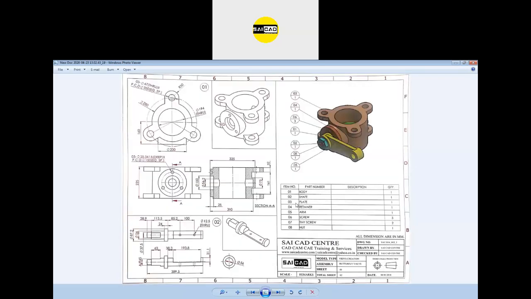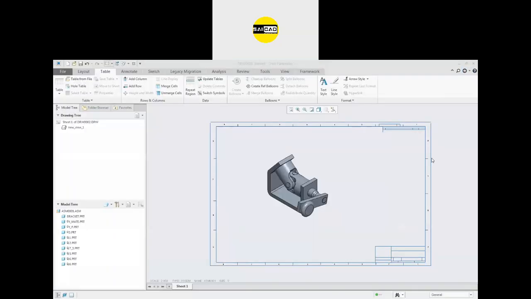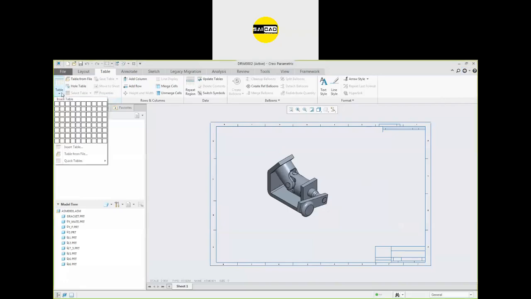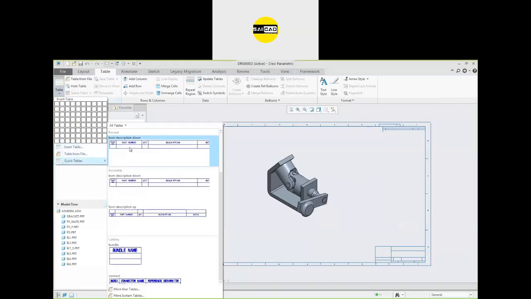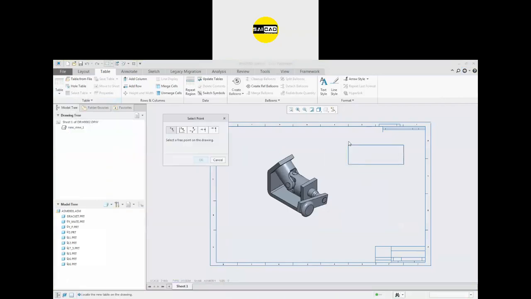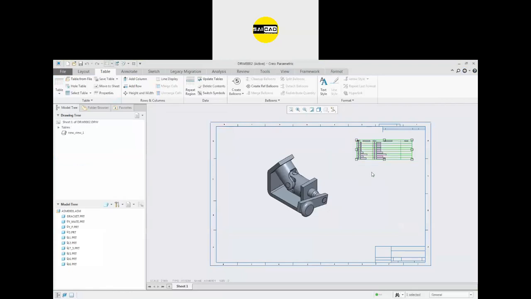So balloons and bill of material are required so that you know specifically which type of product you are using, which part you are using, how many times you are using that part, and in that you can see the location of that part also. That's why the bill of material is important. So go to the table, pick table, insert the table from here, okay, drag it, place it, and this is the bill of material. Now select the balloon like that, and your balloon will be inserted.